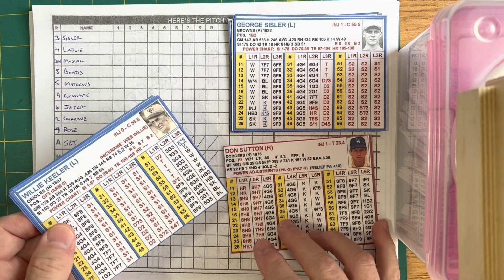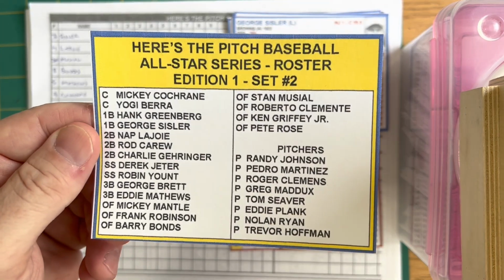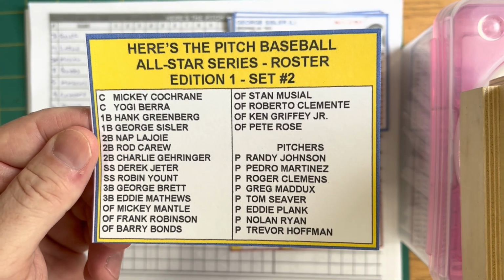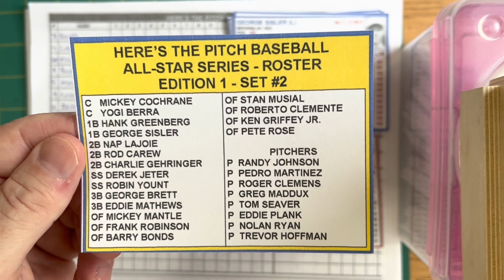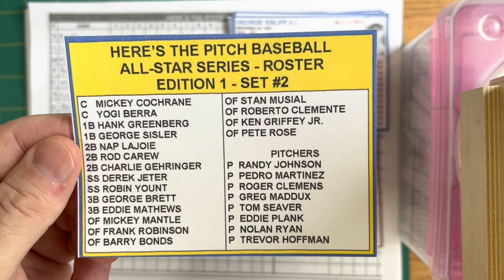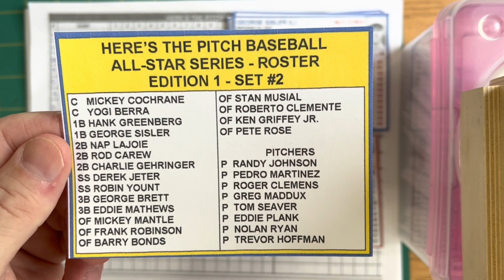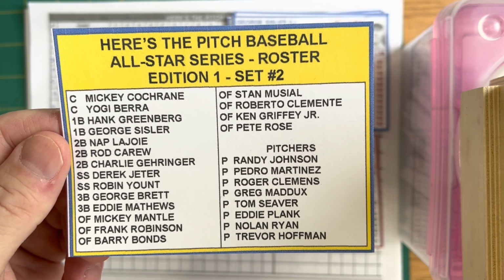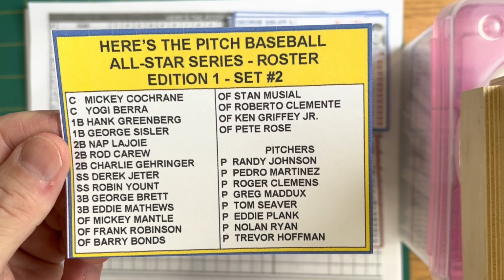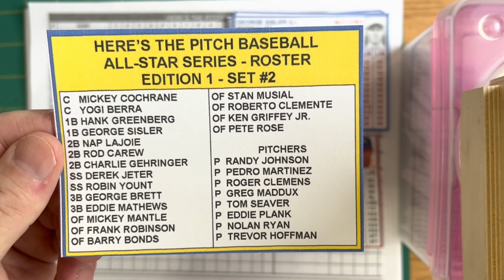All right, so let's take a quick look at the rest of the rosters. For set number 2, here are the rest of the players that you get, including Yogi Berra, Hank Greenberg, Rod Carew, Charlie Gehringer, Robin Yount, George Brett, Mickey Mantle, Frank Robinson, Ken Griffey Jr. And then the pitchers are Randy Johnson, Pedro Martinez, Roger Clemens, Greg Maddux, Tom Seaver, Eddie Plank, and the closer